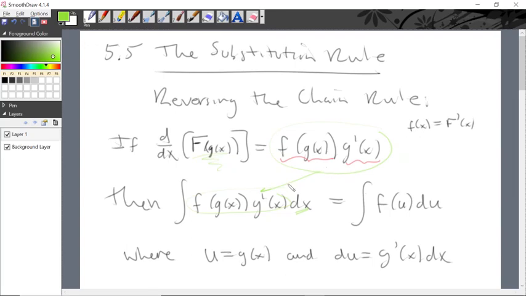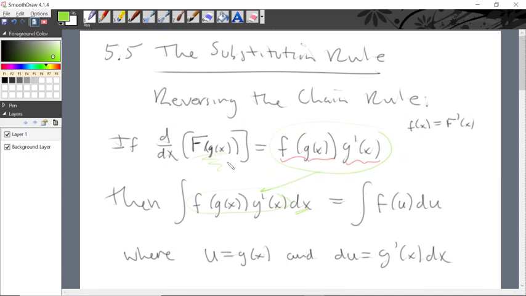Well, the u substitution process allows us to clean up this integrand, to reduce it down to where it just looks like this. We actually instead reconstruct it so that we have a function of u, and then we can integrate with respect to u. So it's a simplification. And then if we were to find the antiderivative of this, again, the antiderivative of little f would be big F. So this would give us back big F of u,